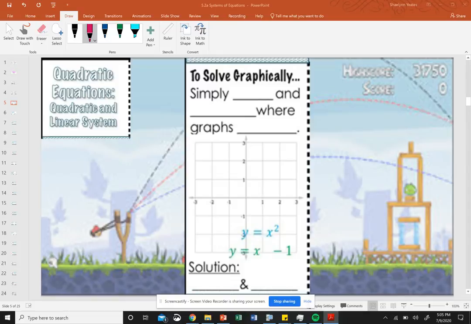Okay, so quadratic equations and quadratic and linear systems, to solve graphically, you simply have to graph